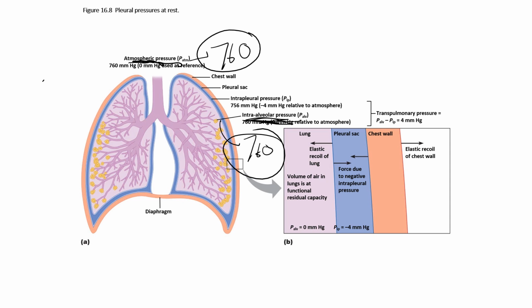So in between breaths, air pressure in the atmosphere and air pressure inside of the lungs, inside of the alveoli, is exactly the same. Now, what about the last one that we're interested in, which is, for the sake of our conversation, the air pressure inside of the pleural cavity. Here in black is the pleural cavity, the space between the visceral and parietal pleura. Well,